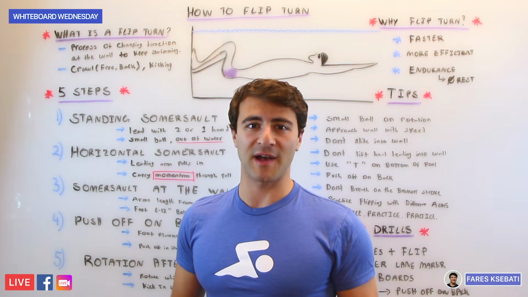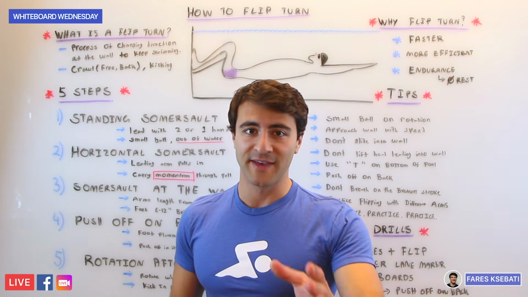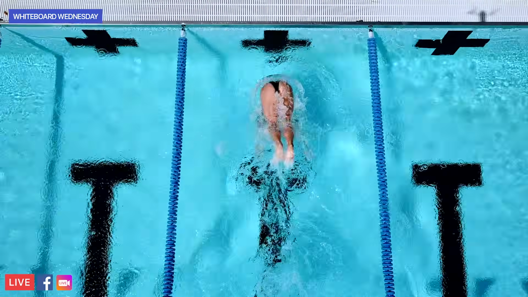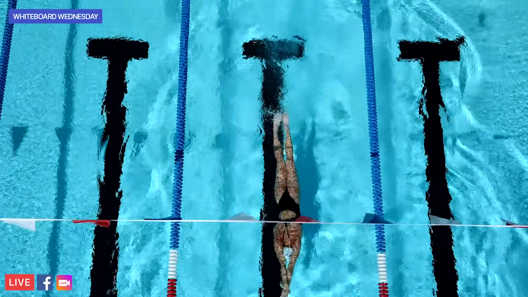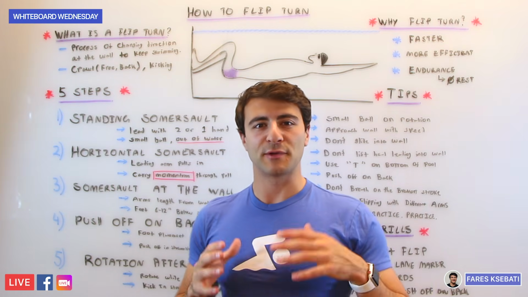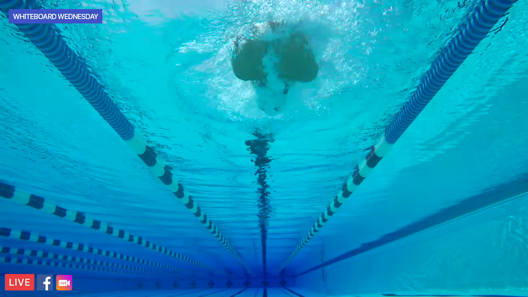Now, the 5-step process. If you're not familiar with doing a flip turn and you've never done one in your entire life, that's totally okay. We're gonna learn the 5-step process so that you can master a flip turn in just minutes. Now, the first step is mastering a standing somersault. So the key to doing a flip turn is being able to do a somersault,